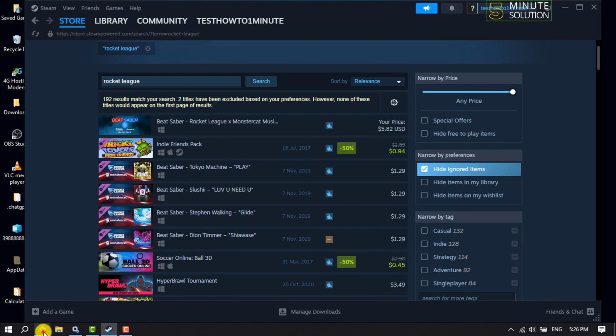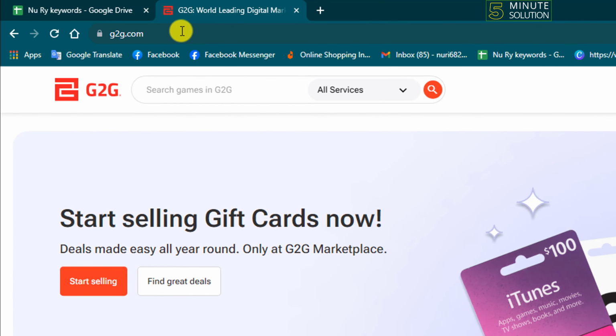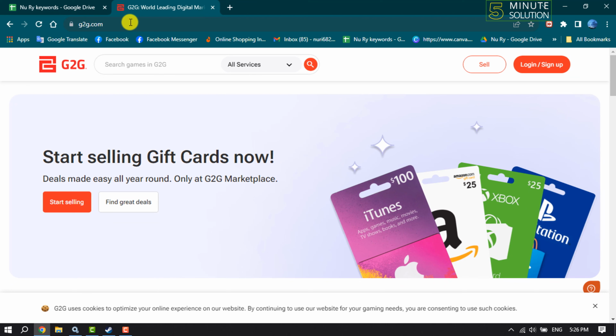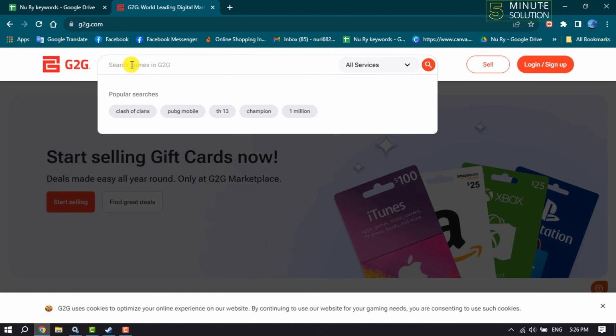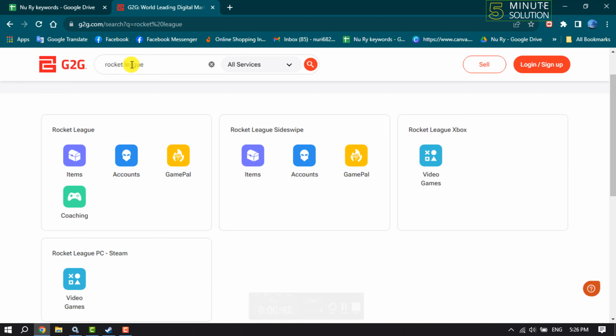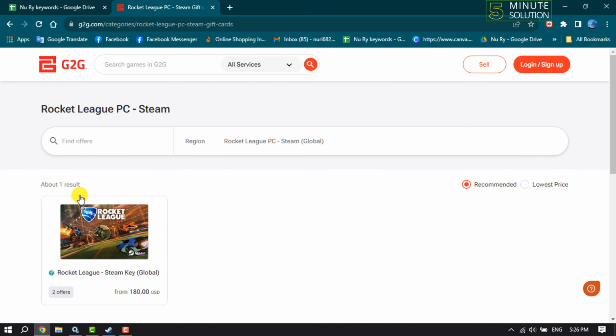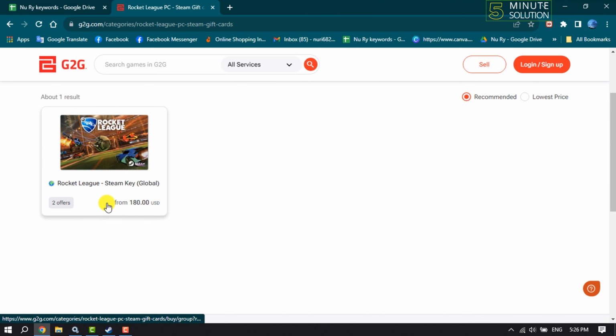And the second method is go to your browser and open this website g2g.com, and once you're here click on the search box and write here Rocket League. And here you will get this Rocket League PC Steam. So click on video games and here you will get the Rocket League Steam key global. Click on it